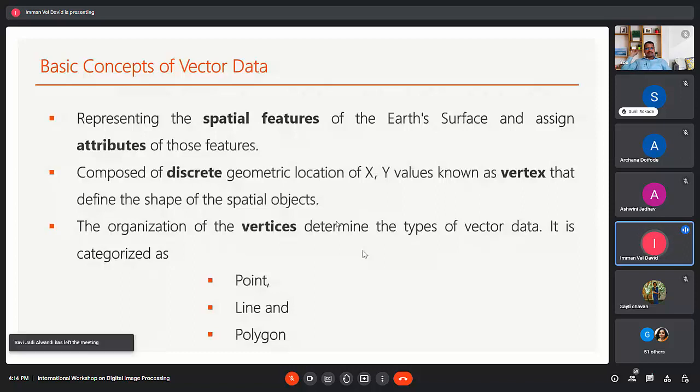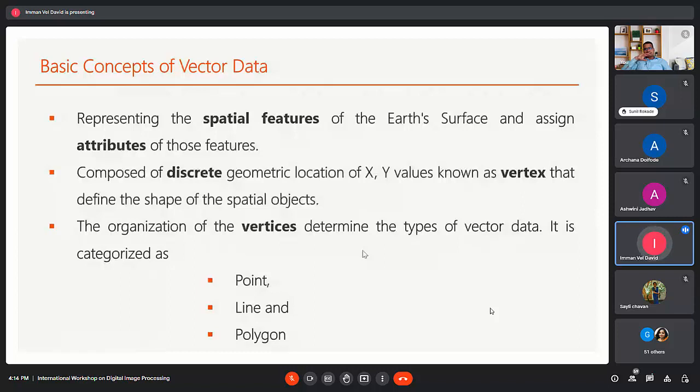The vector point is zero dimensional and has only the property of location. It is made up of a point or set of points. Each point is defined by a single latitude and longitude coordinate, that means XY coordinates.